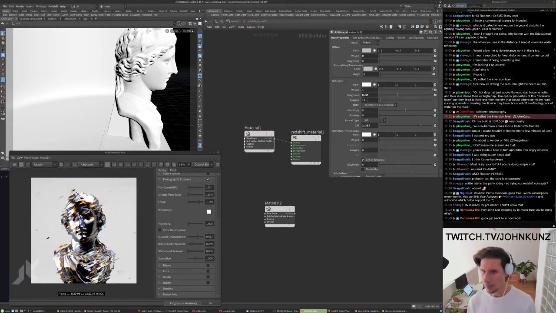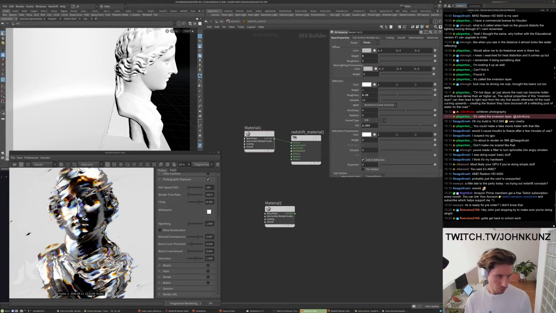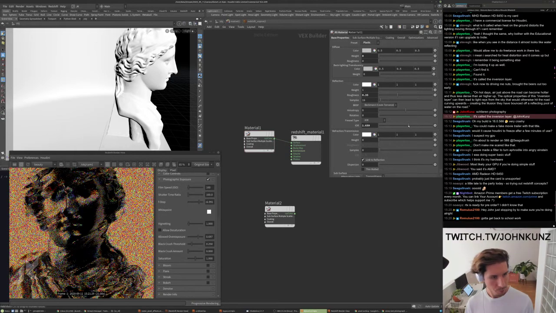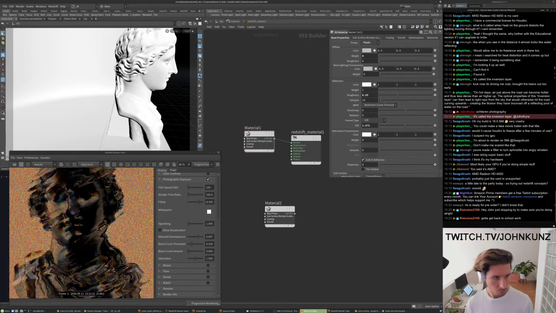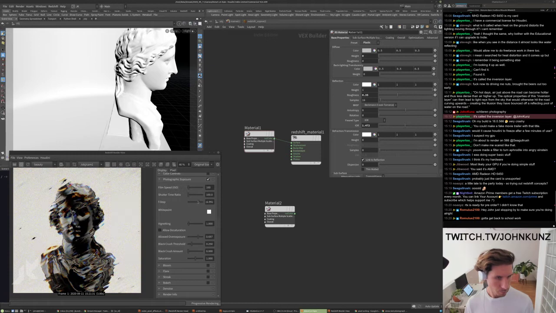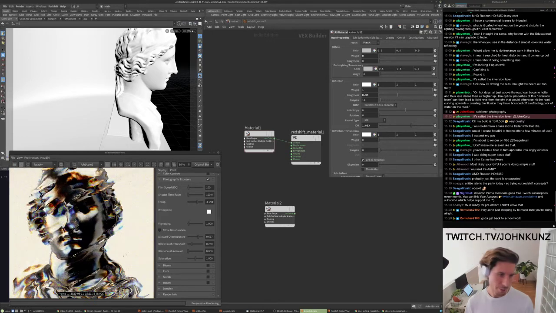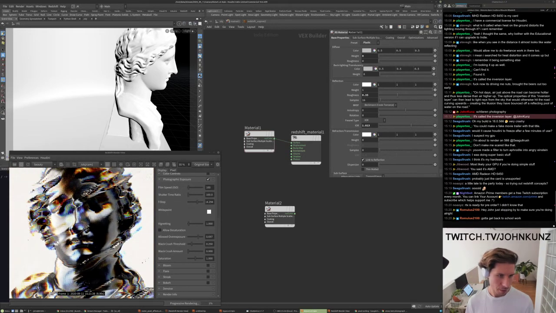I think adding a bit of roughness to the statue material seems to help. I think it makes it look a little bit more refined. It's like less